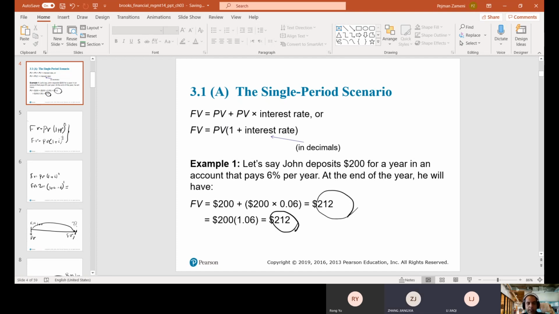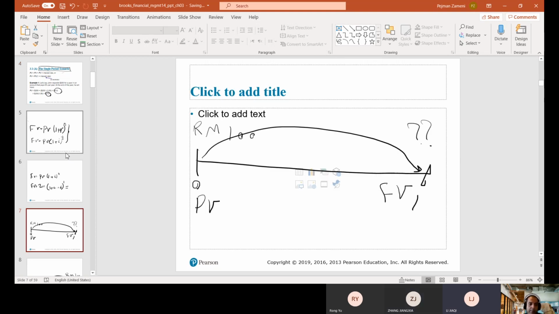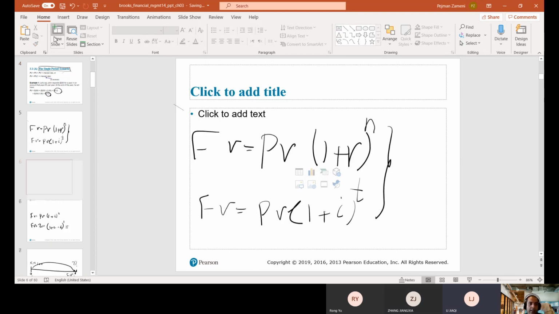Okay, are we okay? This is the simplest form of the relationship between future value and present value, which is called the single period scenario. See here? It is called the single period scenario. What does that mean? It means that